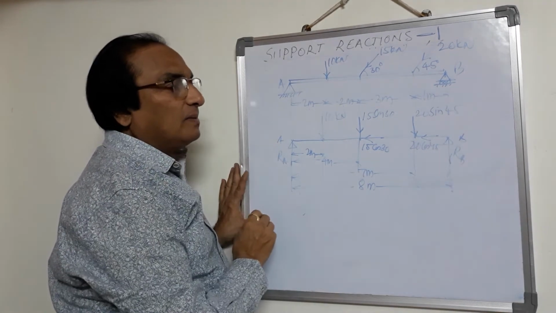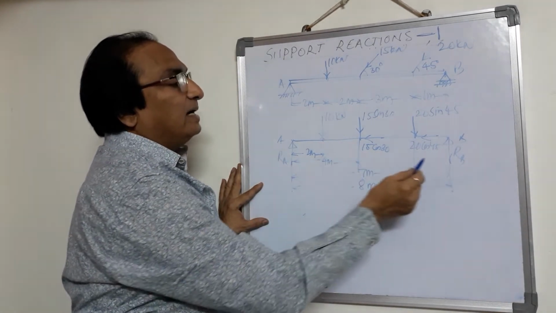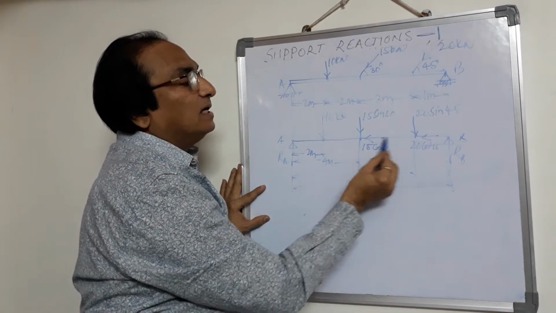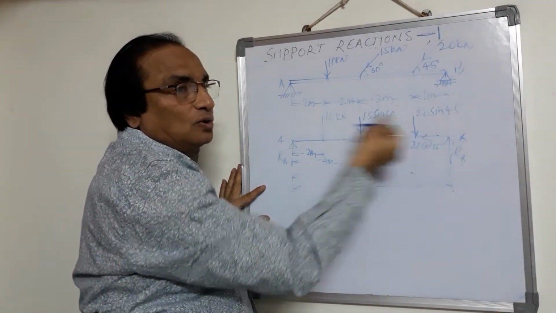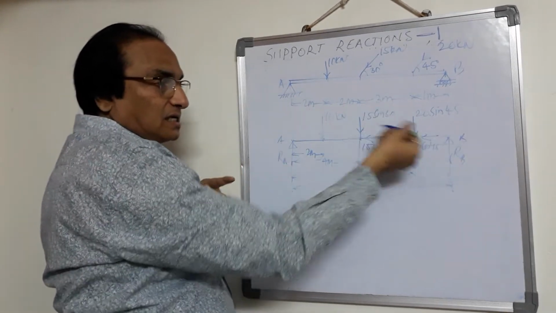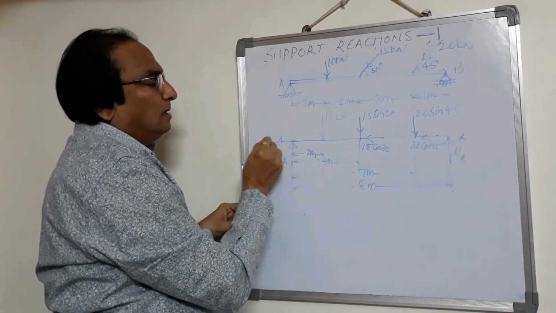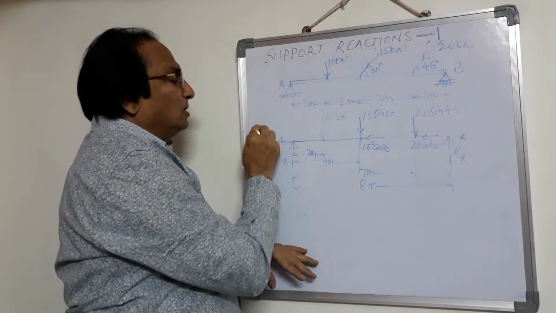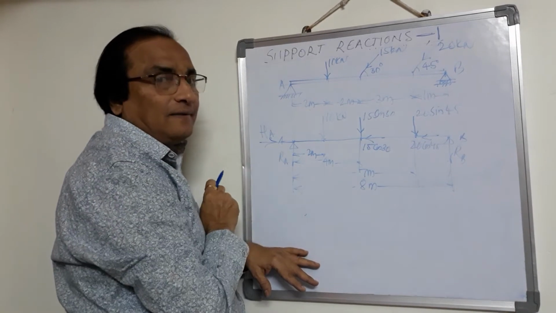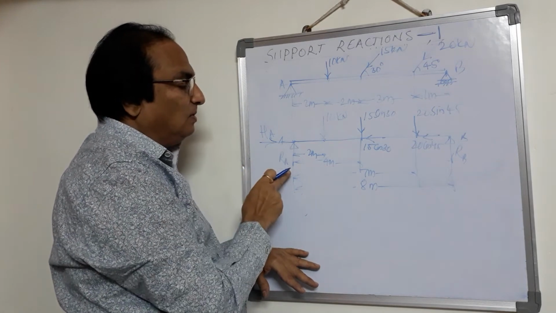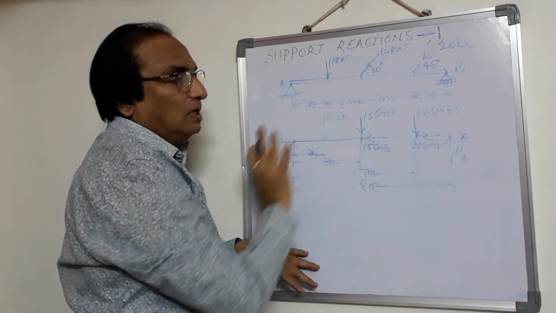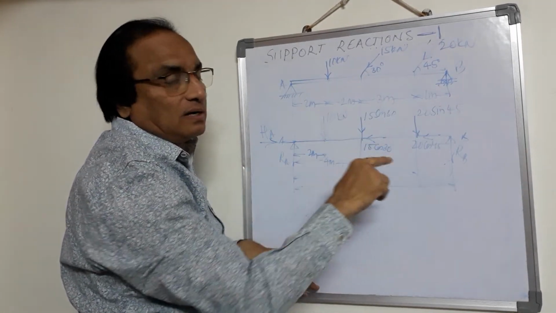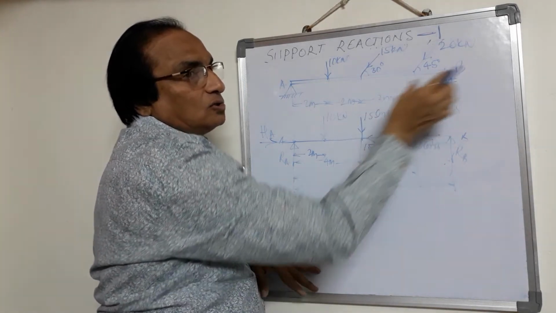So we will apply the equilibrium condition. Now we have RA and RB. The vertical loads are there, so vertical reactions will be there. But if you see here, there are horizontal forces acting, both towards the left. To balance this left force, the reaction should be in the right direction, so that they balance each other, so that sigma H will be equal to 0. We call this the horizontal reaction at A. And you know, in a hinge there may be vertical or horizontal reaction depending upon the loading. But at the roller there will be only one reaction acting perpendicular to the roller. It cannot take the horizontal reaction.